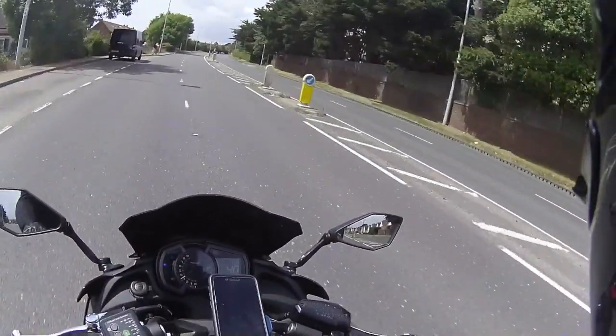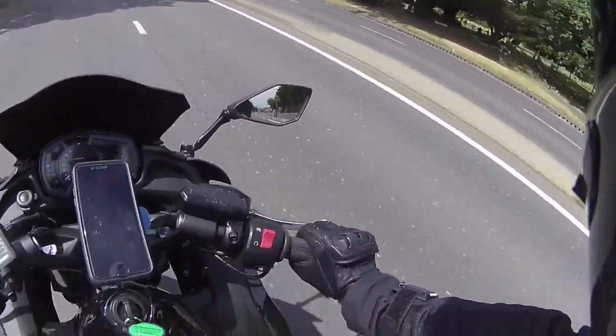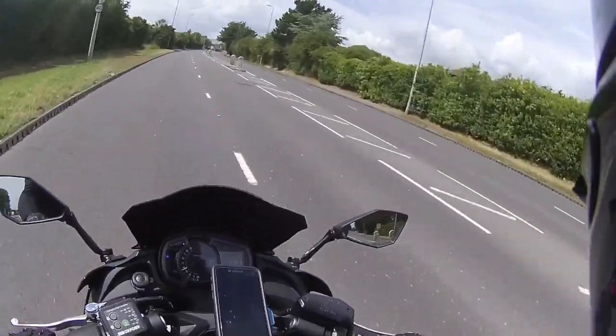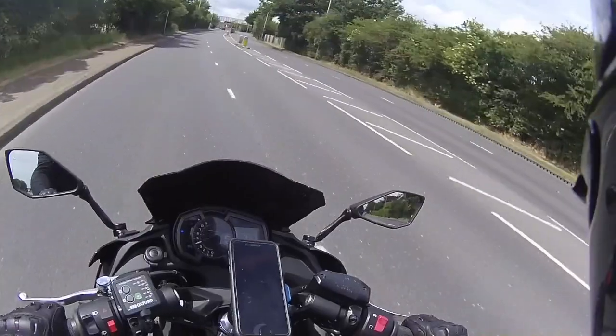So guys, get down to your local Kawasaki dealers. They're great with test rides. Alf Stan in Worthing, brilliant with test rides. Get down there, get out on one. Don't feel guilty about asking for a test ride as well. I went for a test ride on this